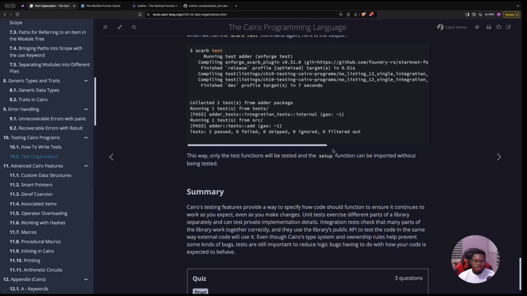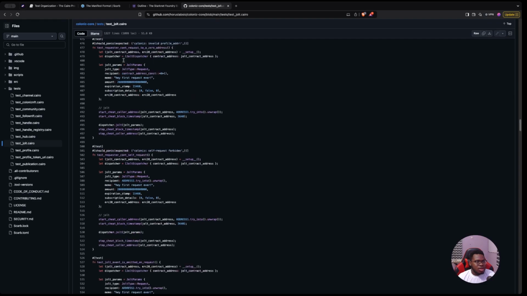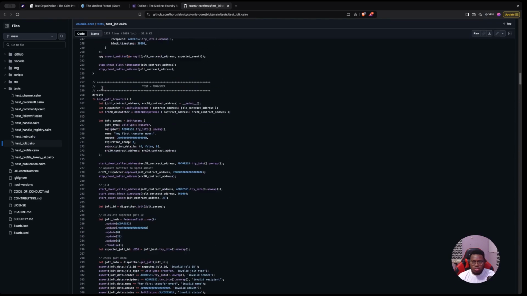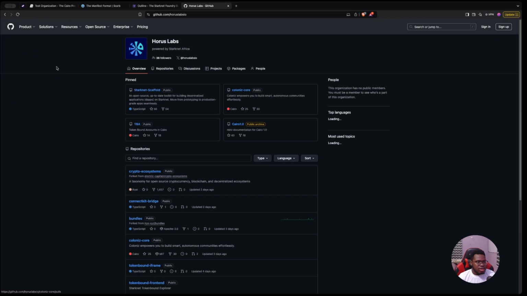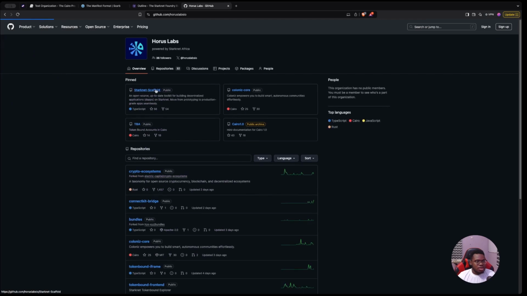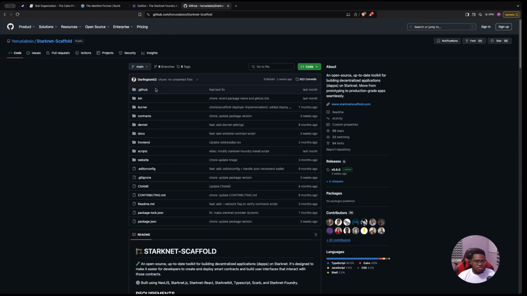But if you're looking to go ahead, one of the tools I will actually recommend for smart contract development is a tool we built at Horus Labs. It's called Starknet Scaffold. Let me show you the GitHub repo so you can check it out. Starknet Scaffold is basically an open source, up-to-date toolkit you can use to build